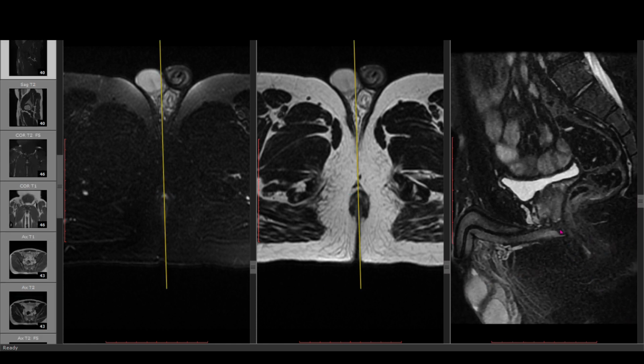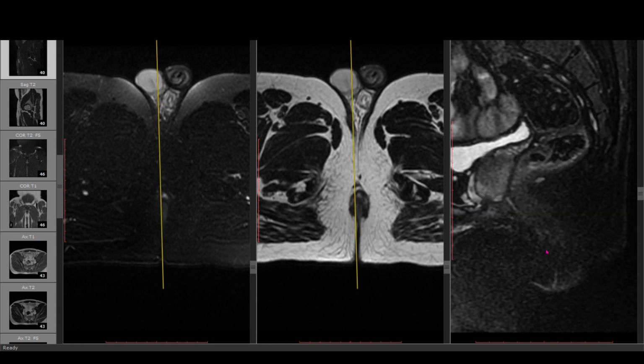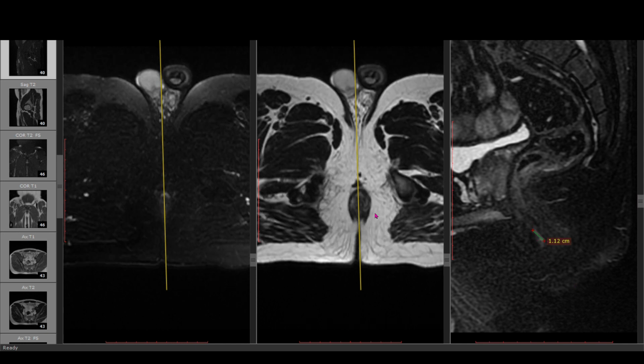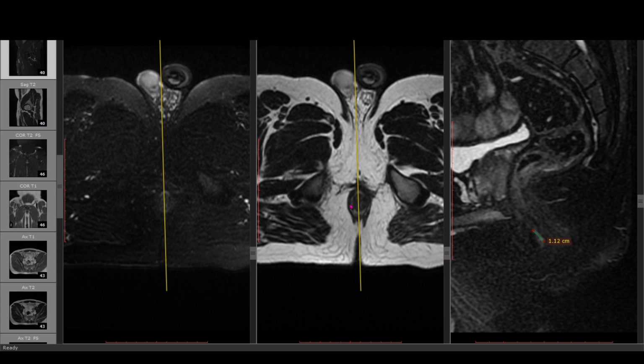Once you see it in the SAG image, you can see there is a very short track. If you want to measure the length, you press L and then measure it like this. It's almost a 1.1 to 2 centimeter track in overall length. It is not the exact length, it's an overall length, and it is in between the external and internal sphincter. This black line is the external sphincter. In the male pelvis, the external sphincter closes anteriorly, so there is no doubt about that. The slightly hyperintense area in between is the intersphincteric plane fat.